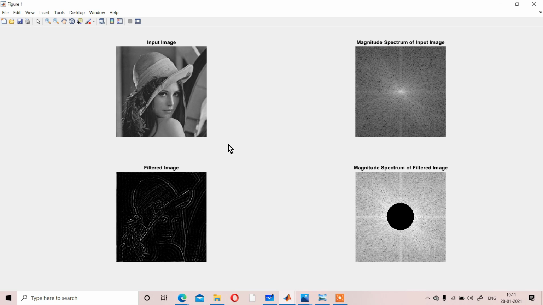So as a result, you can see what will happen over the input image if all the frequencies are removed, keeping the boundary pixels. Obviously you are going to get that type of structure. Okay, so now it is clear what changes happen over the image if we use the high pass filter and the low pass filter.